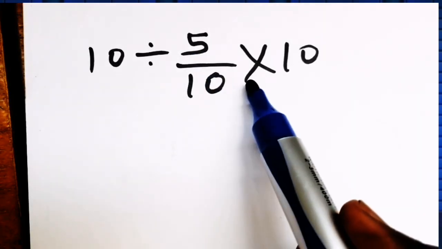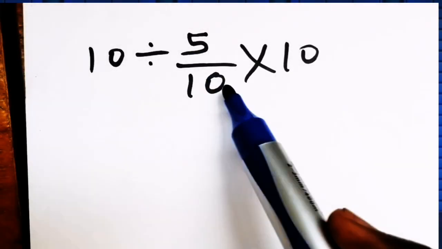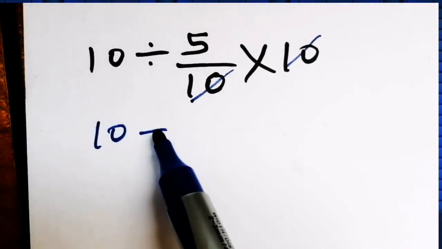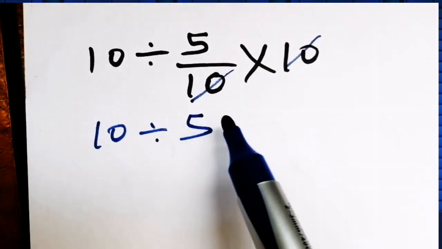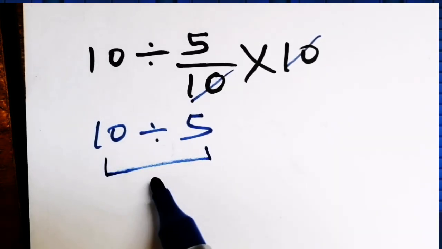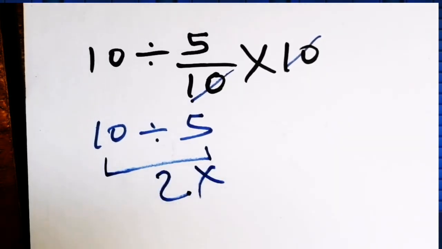5 over 10 times 10. Okay, here 10 by 1 and 10 by 1, that means 10 divided by 5. Okay, 10 divided by 5. Then 10 divided by 5, which equals 2. Okay, but this answer is not correct,